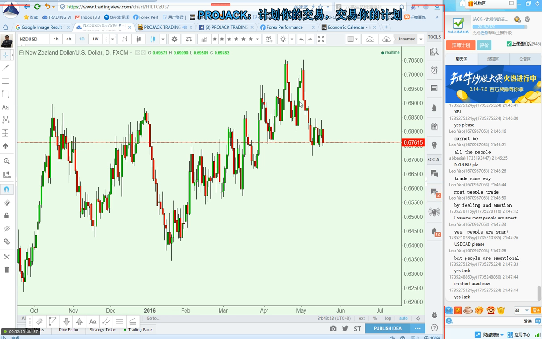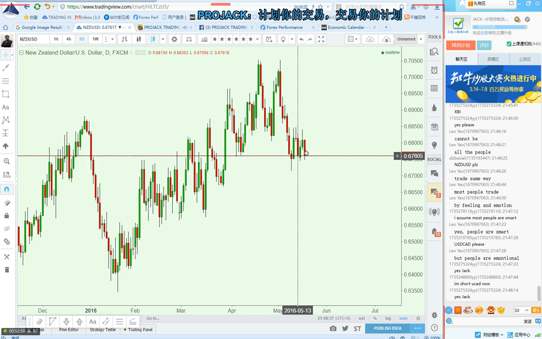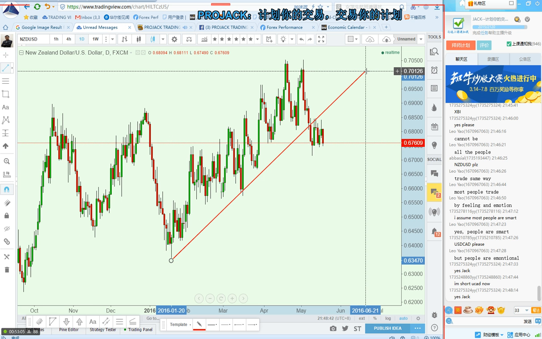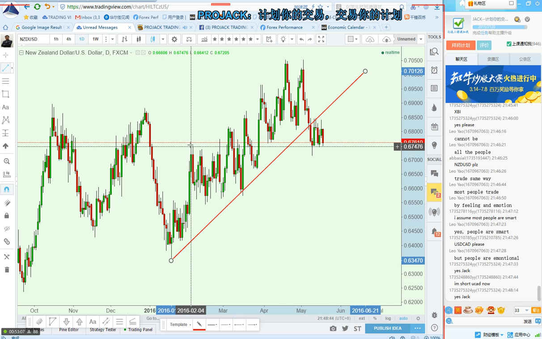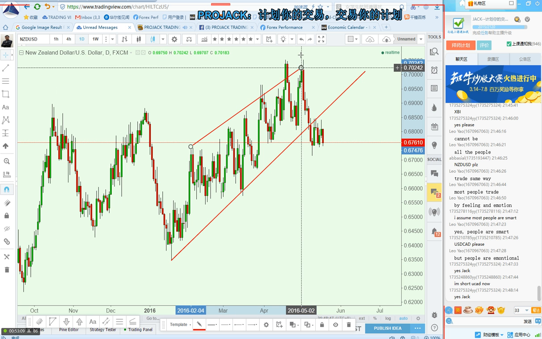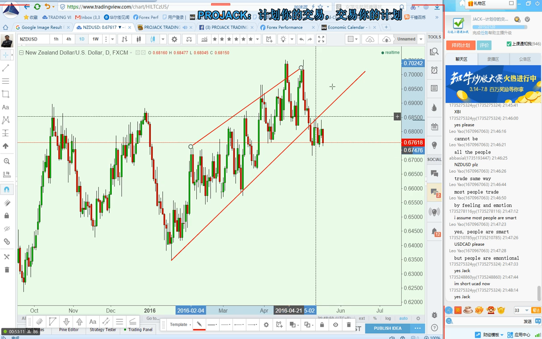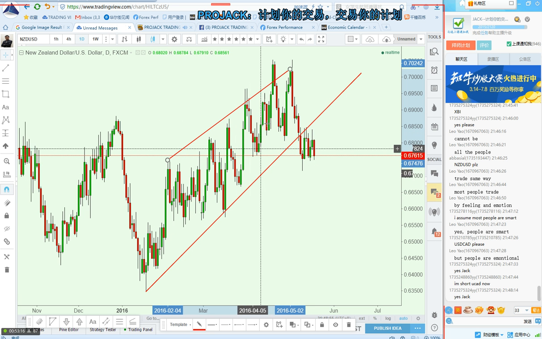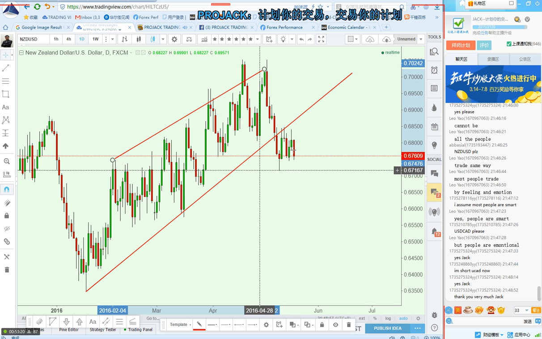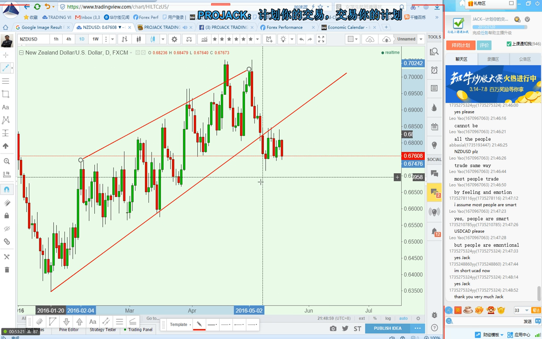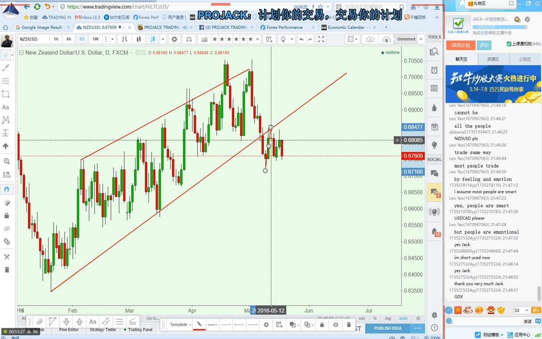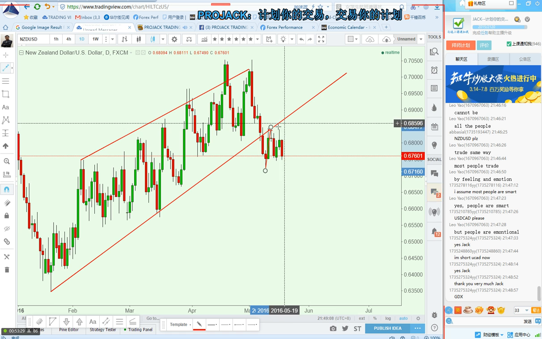Okay, let's see Kiwi, NZD, the New Zealand dollar. The first idea you have is that it already broke the channel. Do you see this channel? It's very obvious, just connecting all the highs and all the major lows. It went sideways, up, and down in this channel, and then broke and retested. So Kiwi, I think it will still be bearish, because it broke down the channel, pulls back, and it will fall.